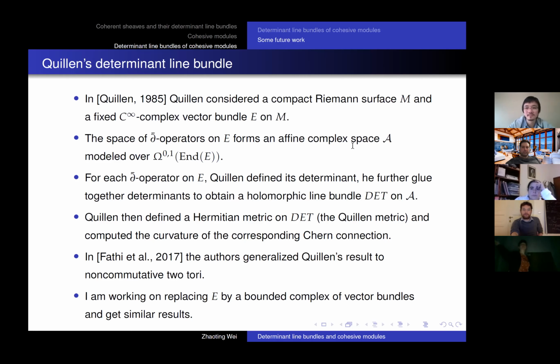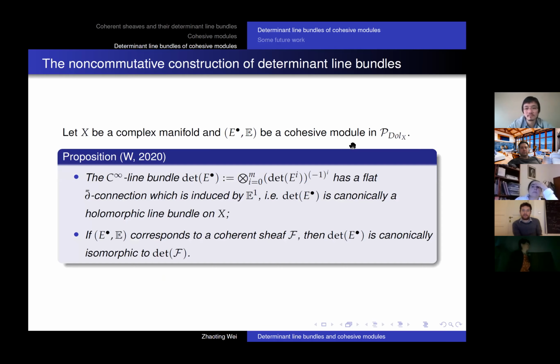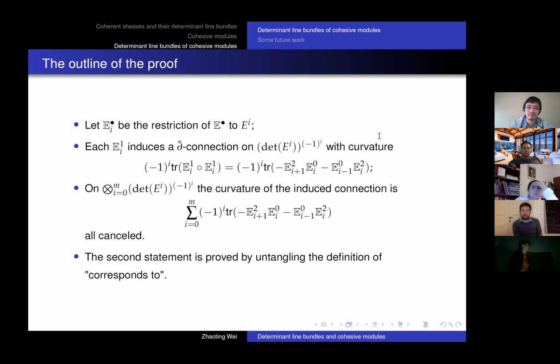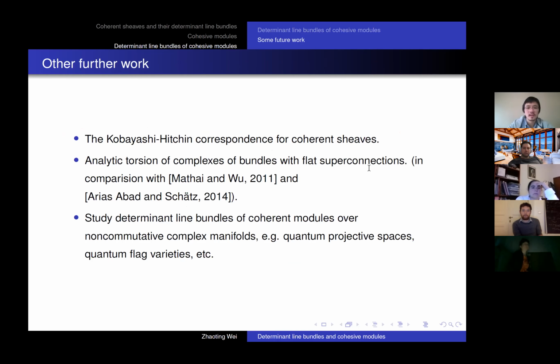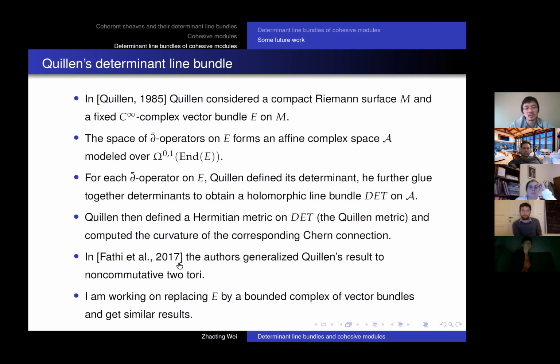Then I'll ask, it's not really a question, more a comment, but from what you're saying, the way that you set everything up, it seems that it should be possible to extend it maybe to something like the Podleś sphere to start with. And then maybe up to the flag manifolds. It seems possible. Yeah, I hope so. But so far there is very little work done on genuine non-commutative spaces. I think Block did some work on non-commutative tori, but beyond that, there are very few things done.